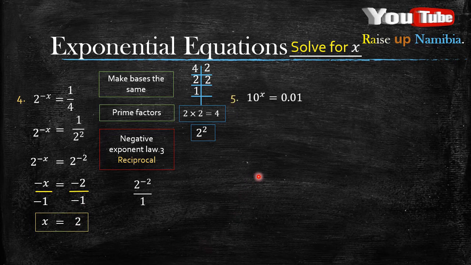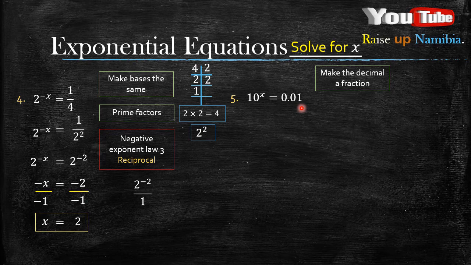Now, how about when you have a question that has a decimal number? What do you do? Say for example, this number 5 has 10x equals to 0.01. Now, what do you do here? Number 1, make the decimal a fraction. Okay? Now, if you don't know how to make the decimal number a fraction, there is actually an easier way to do it on your calculator,